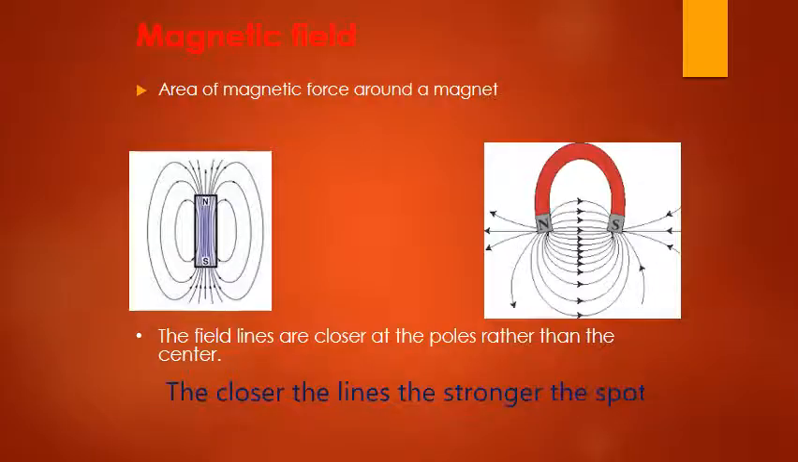So now we're going to start with our lesson. We want to know what magnetic field means. So the magnetic field is mainly the area that surrounds the magnet. This area that surrounds the magnet, or the area that the magnet still has force or power over,